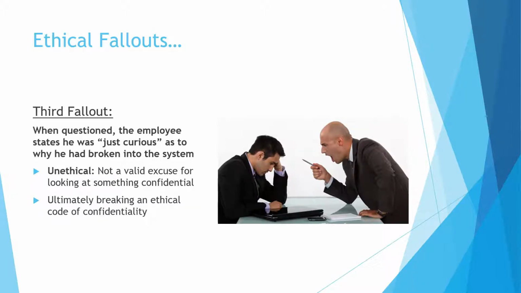The third ethical fallout that was conducted within this case was when the employee was questioned. He stated that he was just curious as to why he had broken into the system. This was ultimately considered unethical because his excuse of being just curious was not a valid excuse for looking at something confidential. Ultimately, breaking an ethical code of confidentiality can lead to many harsh consequences that can affect many different